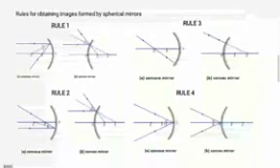Principal axis is an imaginary line passing through the center of curvature and the pole. The incident ray parallel to it passes through the focus. The second rule is just the reverse of it. If the ray of light passes through the focus, it becomes parallel to the principal axis after reflection. Second rule for the concave mirror.